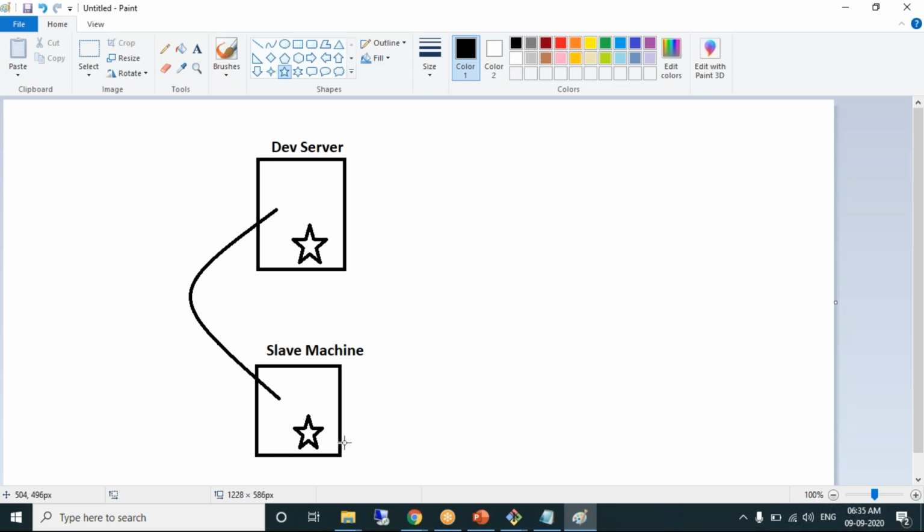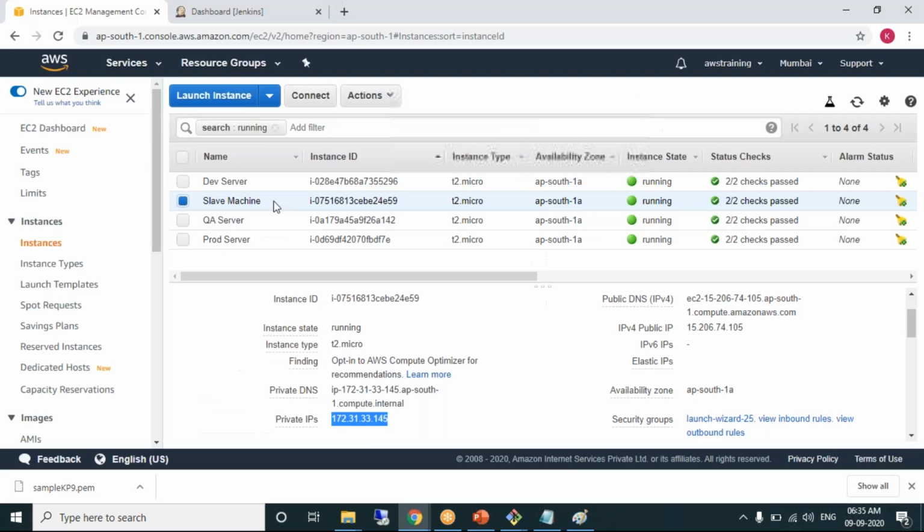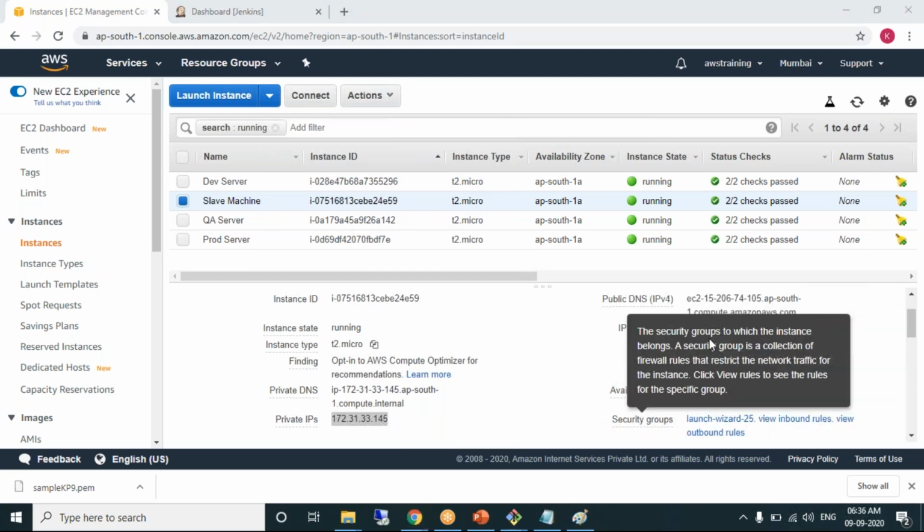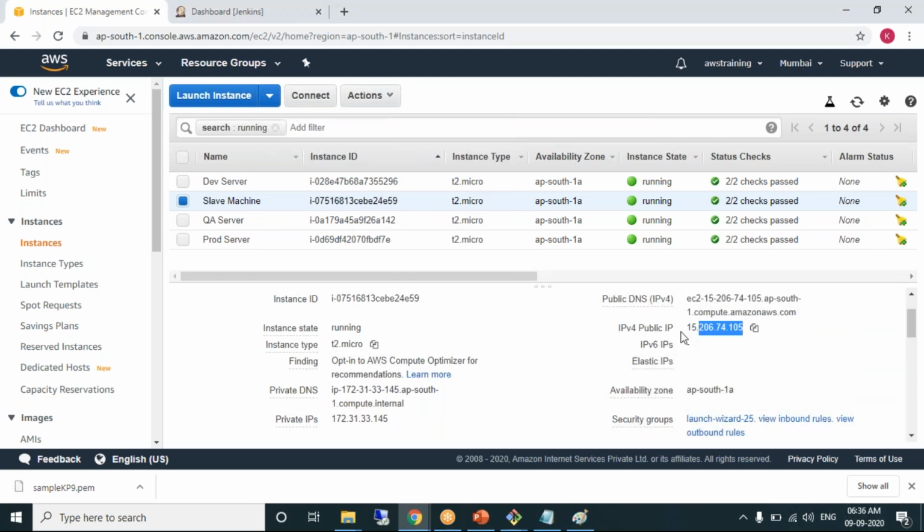Any questions? Sunil, is this IP based, or how does that work? If tomorrow the IP gets changed, will it still connect? It will work, not a problem. Private IPs will not change. What we are using is a private IP. Private IP is provided by AWS, and public IPs are provided by internet service providers. The public IP may change, but private IPs are fixed, so you will not have any connection issues.